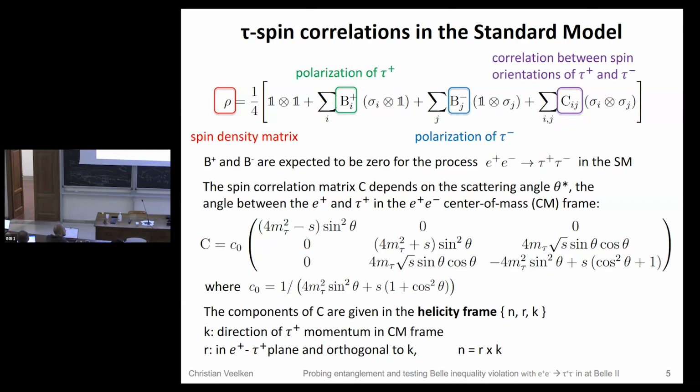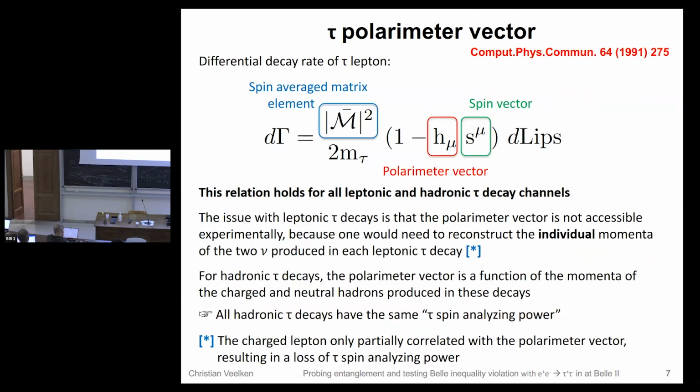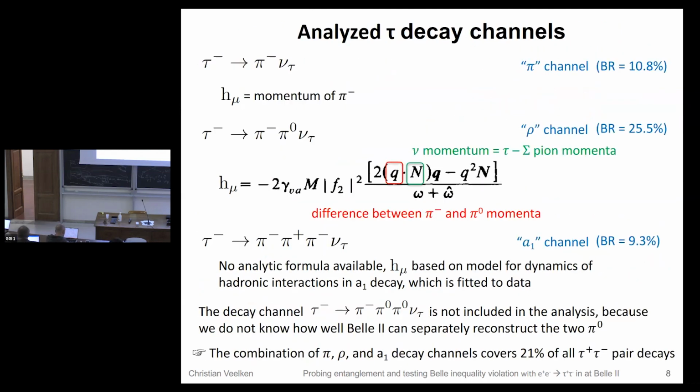That's our worst number that I recall. This is after experimental resolutions and for the A1 decay, where the polarimeter vector was computed by fitting to data because there's no analytic formula for it. This is the worst case, where we have a 7% difference. It's not like this ATLAS measurement where you have huge corrections. This is an over-constrained system.